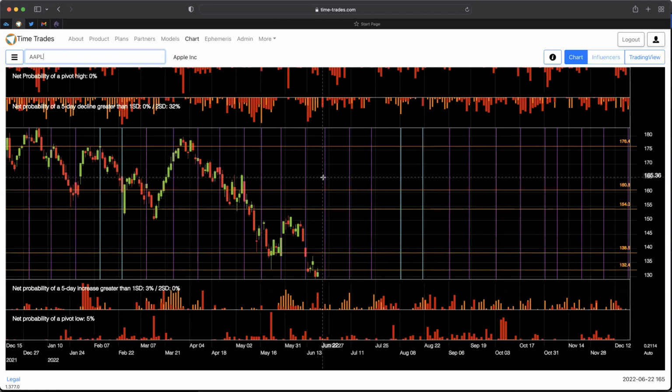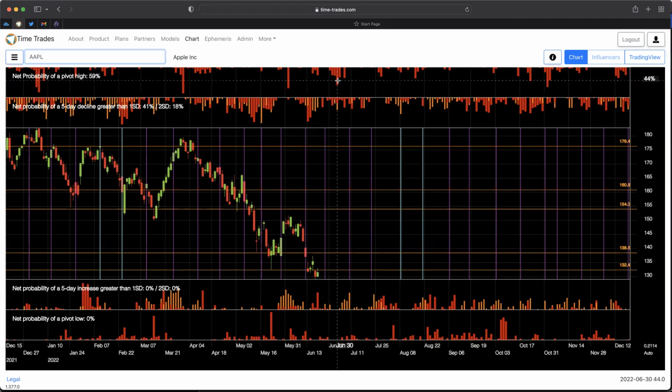So Apple is generally confirming this. We've got a reduction in the moves down. We had a 2 standard deviation move up on Friday, although that just turned into a green bar. That's kind of what it takes these days to get a green bar, is you need a very strong probability update. Now we've got a return of the down pressure here kind of starting later this week, but we also